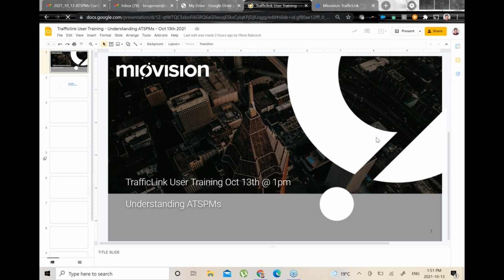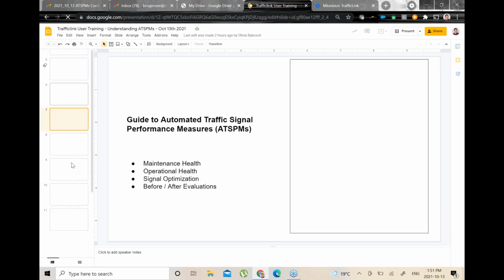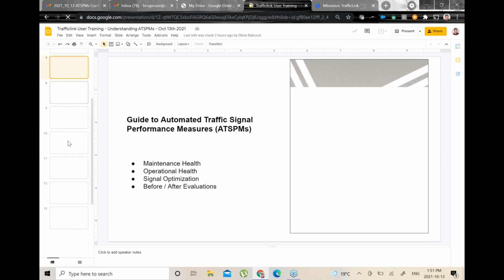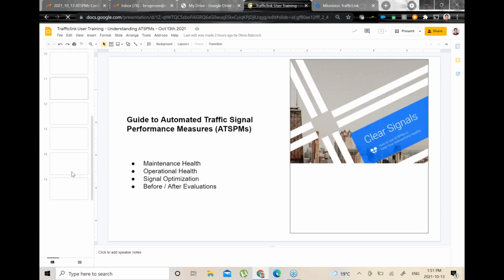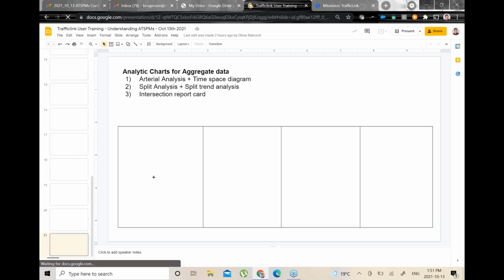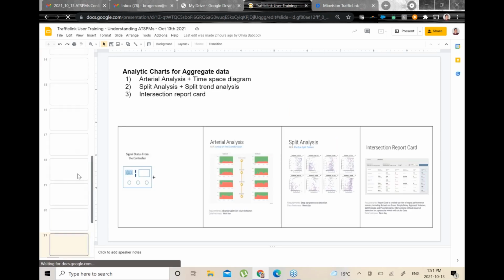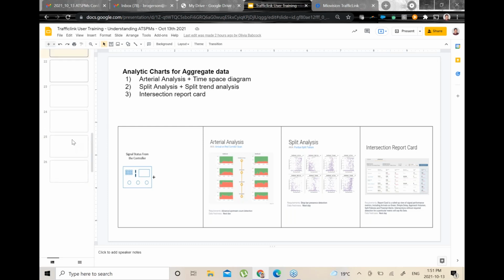All right. Why is it taking so long to load? I can jump down to where we were. All right.